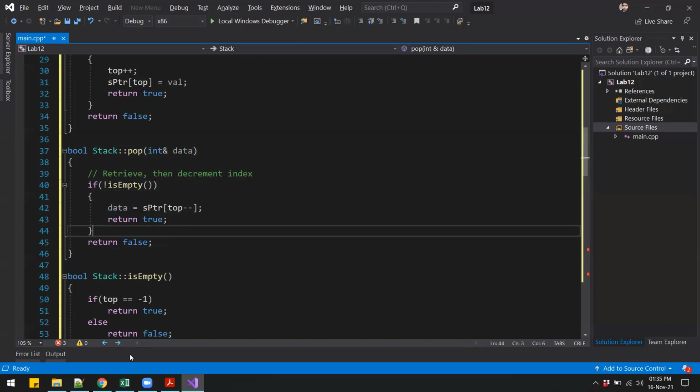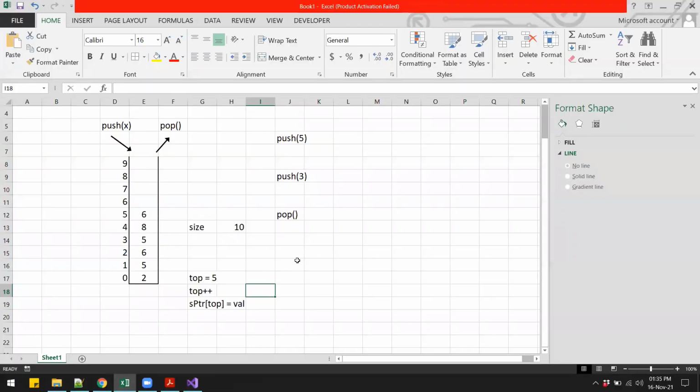Now looking at this diagram, if I want to pop from the stack, then which value will I get? The top at the moment is pointing to the index 5. That means when I do the pop operation, I should get the value 6.